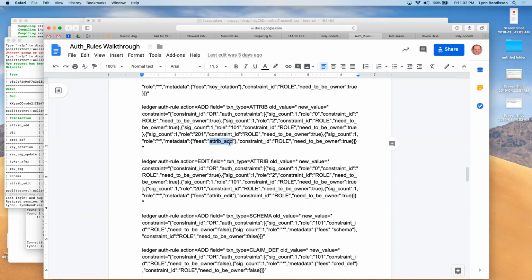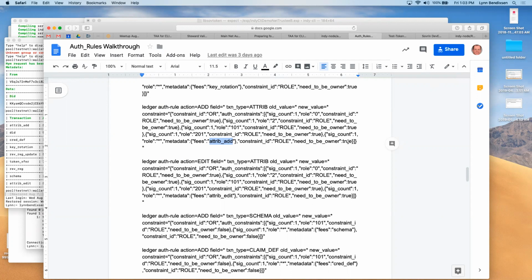The trib underscore add, okay, is an owner. So the answer is you don't have to pay the fee if you're a trustee or a steward or an endorser or a network monitor, one of the other roles. If you don't have a role, if your NYM is role-less and you're adding an attribute to it, you have to pay in tokens. These other people may or may not be charged based on, Adam talked a little bit earlier about a fiat payment.